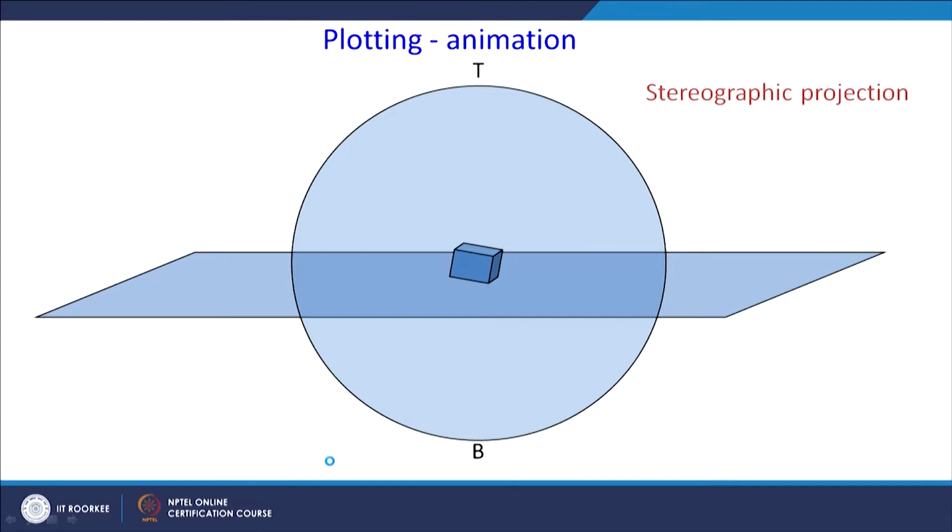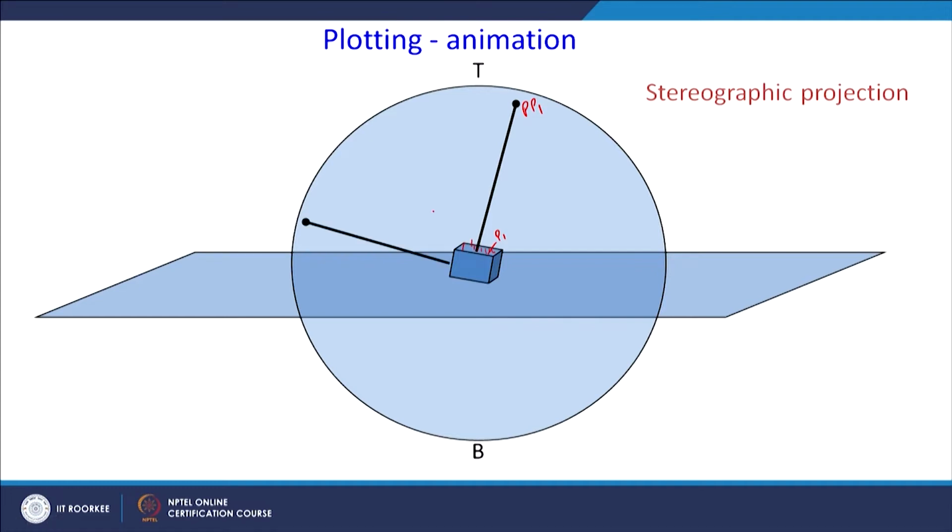Okay. And then I am taking the normals. Okay. So, in this case I am interested in 100 planes. Okay. So, I am taking the normals of 100. Okay. So, one normal as you can see is coming out from this particular plane here, and cutting the sphere at some point. So, this is the pole of this particular plane. So, if I call this plane P1, so this is the pole of P1. Okay. Let us call it PP1.